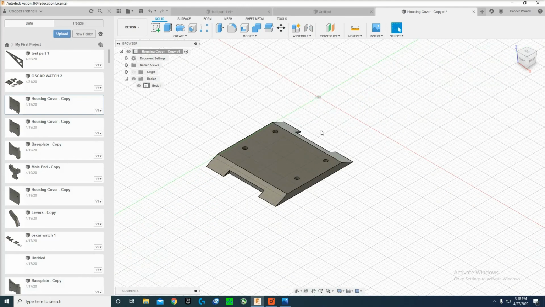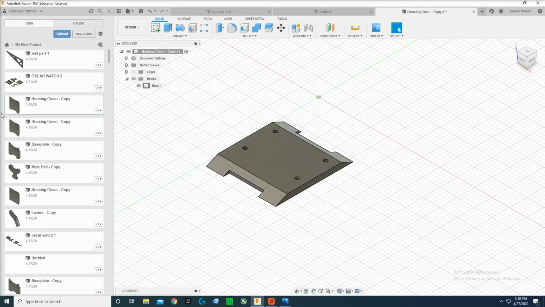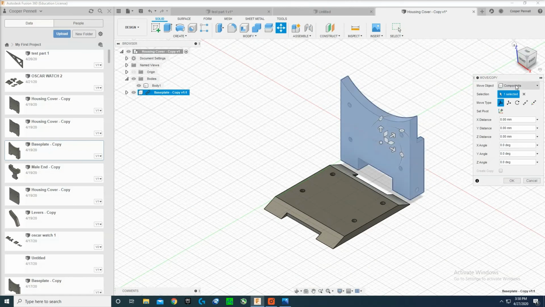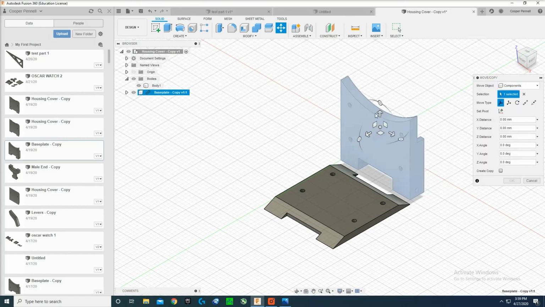Then to insert a second part into this, make sure that you've uploaded the files that you want to be inserting into this SolidWorks, or sorry, this Fusion file. Once it's uploaded, right click and hit insert into current drawing. It'll insert it into the drawing and automatically pop up. An important thing to note is the first part that you insert is probably going to pop up as a body, but future ones are going to pop up as a component. That's important because when you hit move, if you've selected the bodies tab, you can't actually choose this component. You have to hit component, and then click on it,